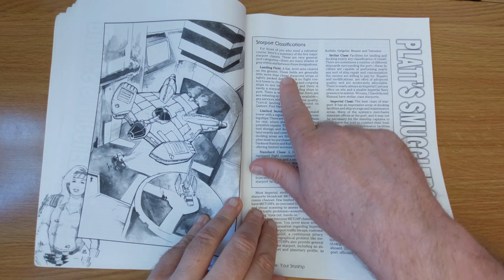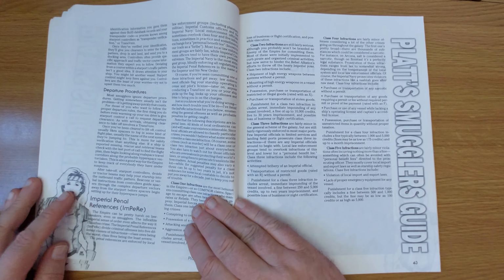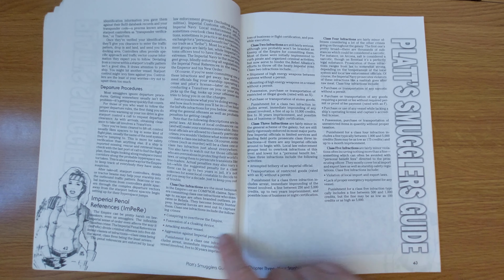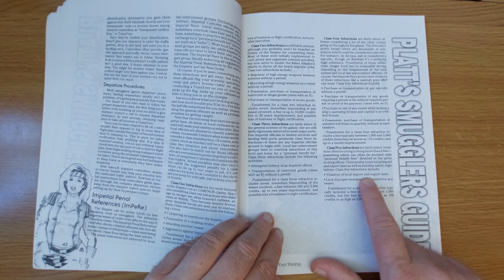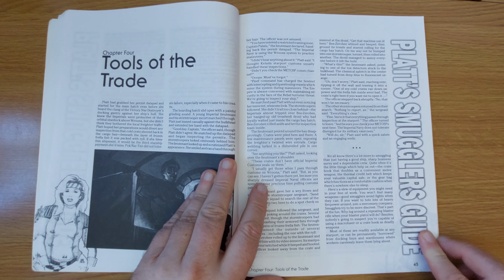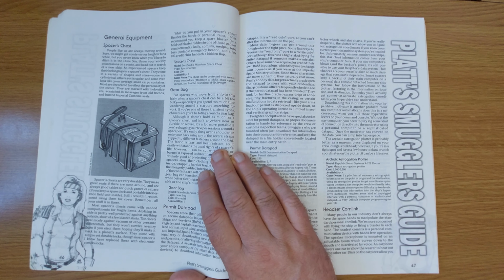Starport classifications, going from a landing field up to Imperial class. Imperial penal references, Class 1 infractions up to Class 5, which are a violation of local import and export laws. A fine between 500 and 1,000 credits. Tools of the trade. So different equipment items, going from the Spacer's chest, which I believe I've seen in sourcebooks before,